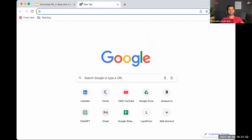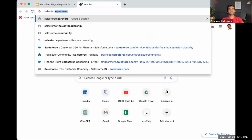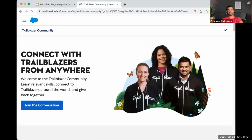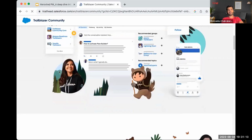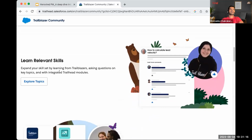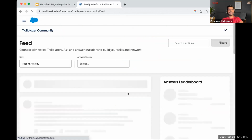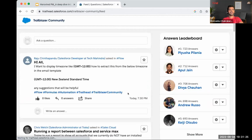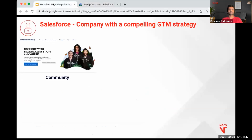So if you go to the Salesforce community, for example, right, they have enabled a huge group of community people who will come, and they themselves are proponents and advocates of Salesforce, right? So they will come and engage, they'll help each other, the people who are using Salesforce, make them aware of the benefits of Salesforce or certain products, etc., solve each other's questions, right? So they found a very interesting way in which they can market some of their products through their community users,